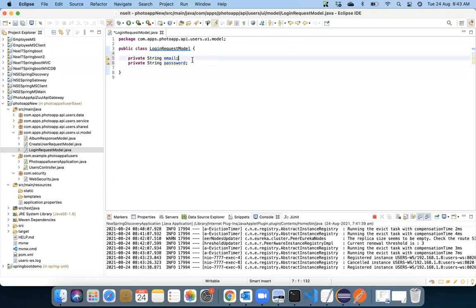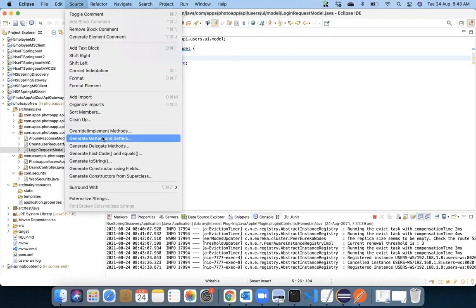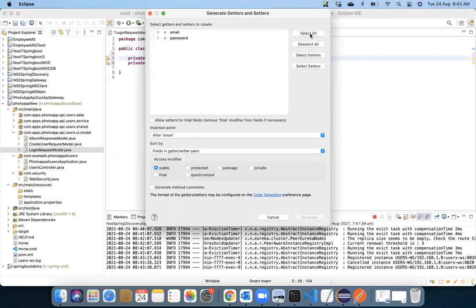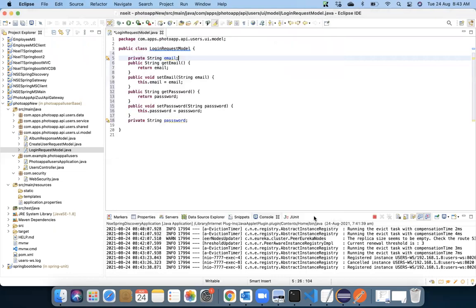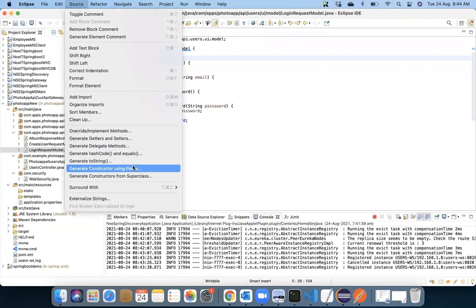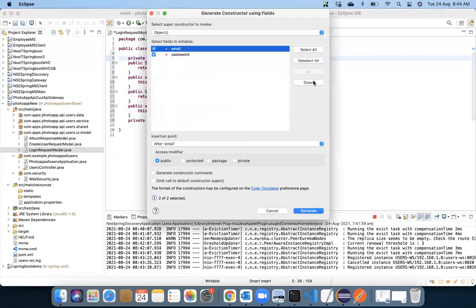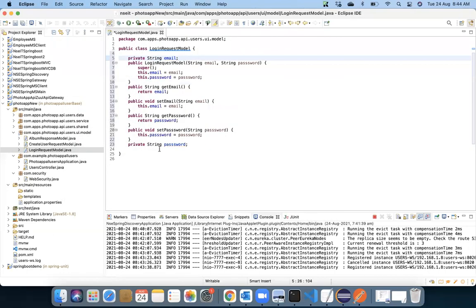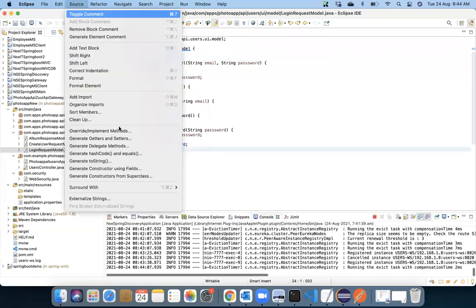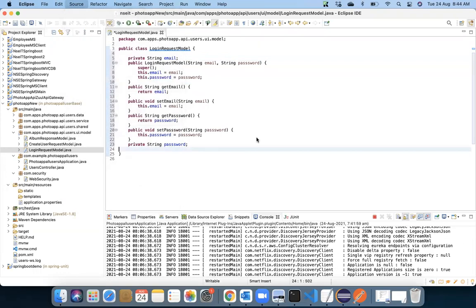After that, I can say source, generate getters and setters, source, generate constructor using fields, source, generate from superclass.